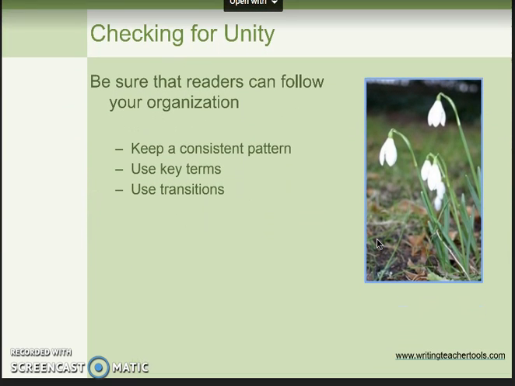Okay, just a couple of points then with unity. Keep your consistent pattern, use key terms, and don't forget about transitions. So transitions are crucial, and make sure you guys check out that document that I have on Writing Teacher Tools about using transitions, and it's just a whole pile of different transitions that you can use to help develop your